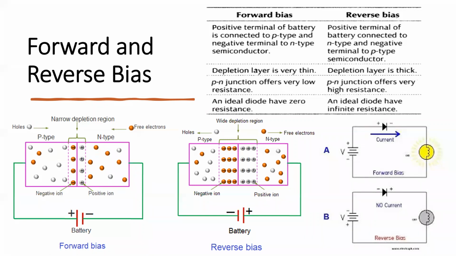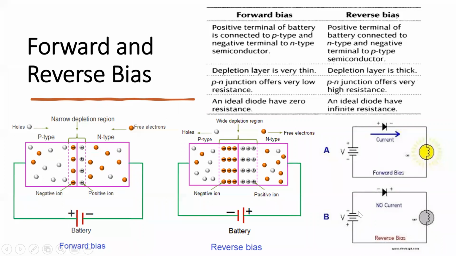Okay. So this is how the depletion region widens when there is reverse bias. When it widens, the PN junction offers very high resistance. So can current flow through them? No, because the depletion region, the barrier to the flow of current, is widening. So the PN junction offers high resistance, and an ideal diode has infinite resistance, which means they will not allow current